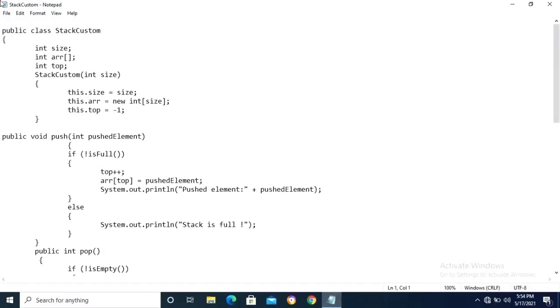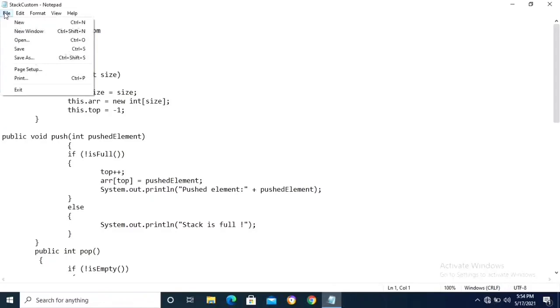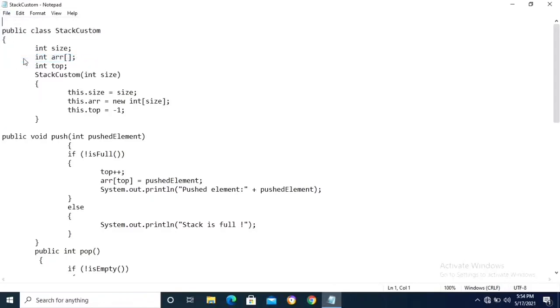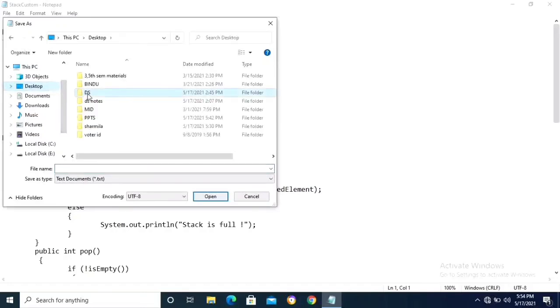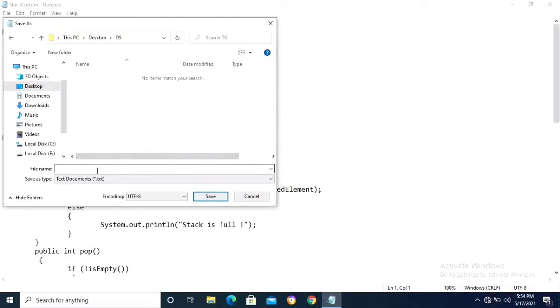And next, File, Save As. My program is saved in my folder on the desktop. My folder name is ds. So save the program.